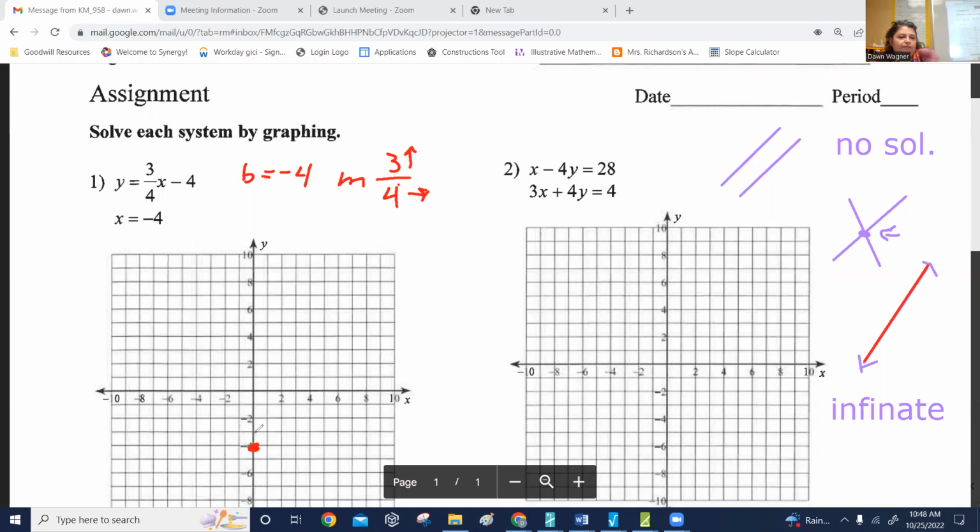I'm going to go up 3, 1, 2, 3, and then over a +4. 1, 2, 3, 4. And then I'm going to do it again. 1, 2, 3. 1, 2, 3, 4. I keep doing this as much as I can, because you may find out when there's a solution, they'll run right on to some of the dots you already made. It just makes it easier and more accurate